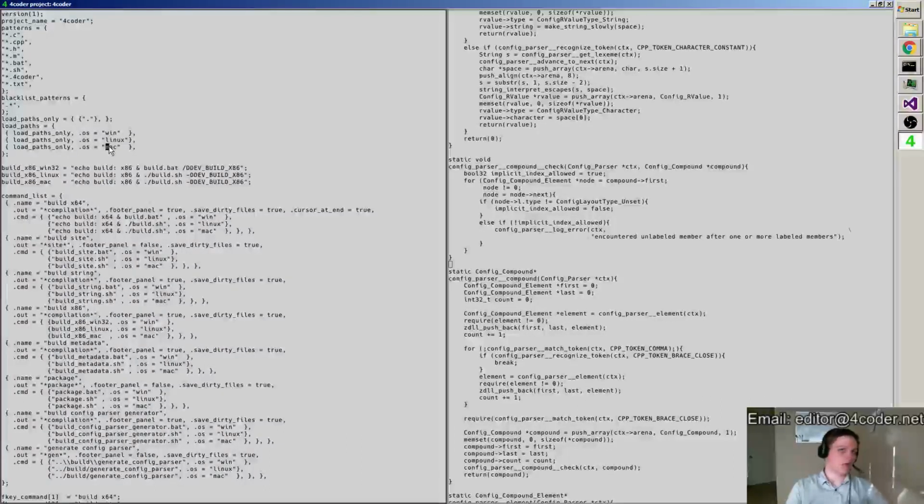I considered other options that were more heavy-handed, where maybe every computer I run on has a unique name that I give it in a config file, and then I can determine which commands and which paths I use based on the computer and not based on the operating system, so that I could have, for instance, 2 Windows machines, both with different configurations. But I decided not to implement that because